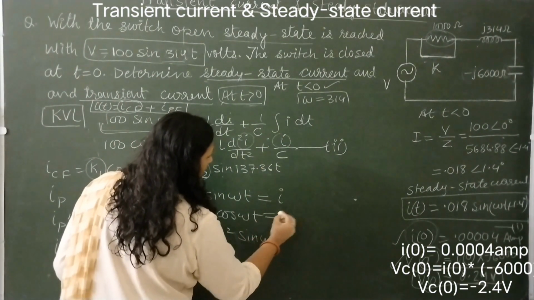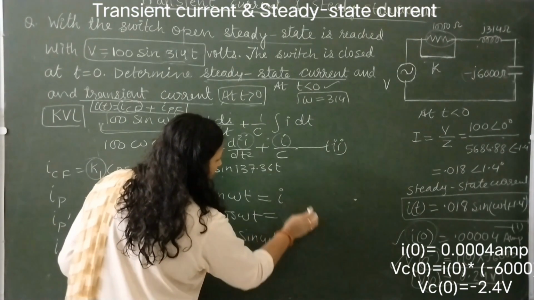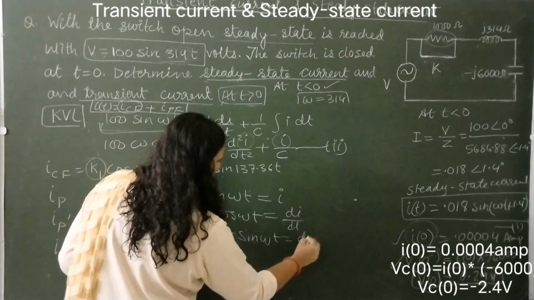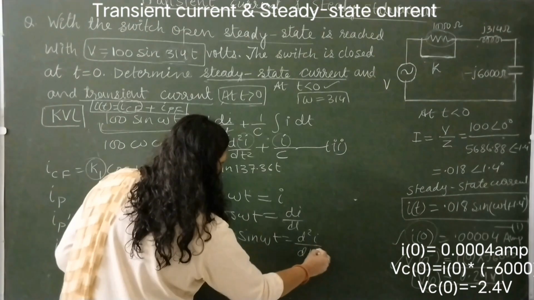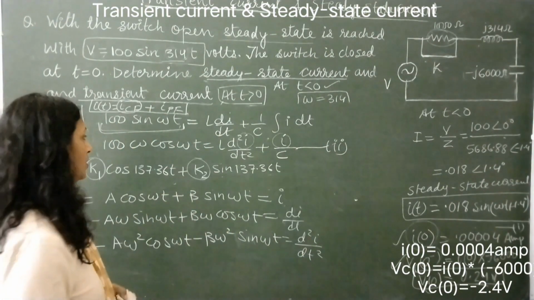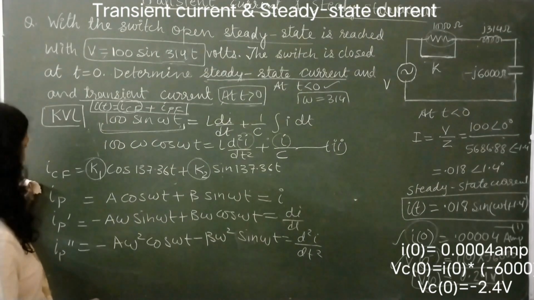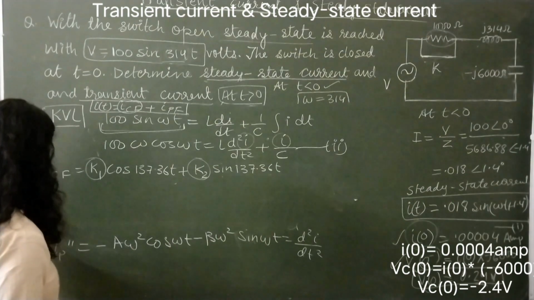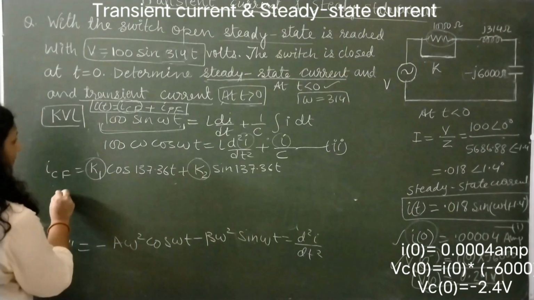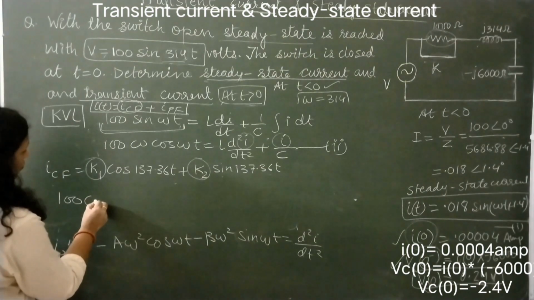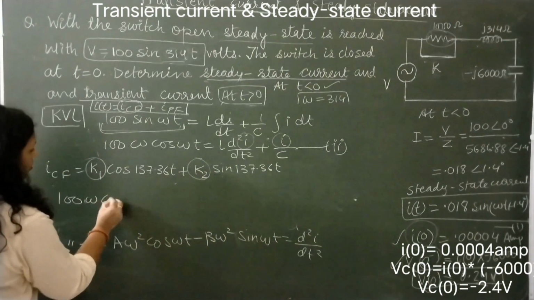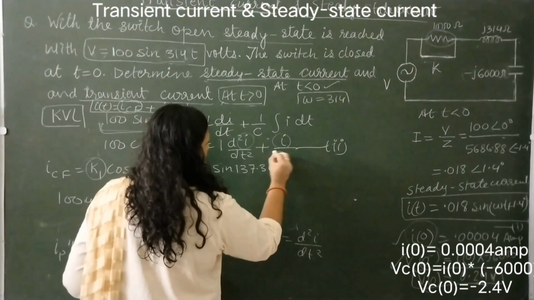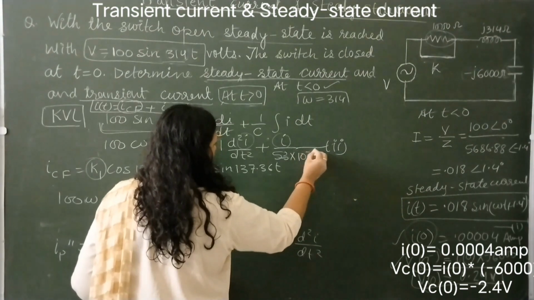इसको हम क्या लिख लें, ये I है हमारा, ये हमारा I डैश है, दैट मीन्स डी आई बाय डी टी है, और ये है हमारा डी टू आई बाय डी टी स्क्वायर। इनकी जगह पे हम इनको सब्स्टिट्यूट करेंगे इन दिस इक्वेशन। तो यहाँ पे जब हम सब्स्टिट्यूट करेंगे तो हम आईसीएफ को छोड़ देते हैं, और इनको जब यहाँ से सब्स्टिट्यूट करेंगे तो ये हो जाएगा 100 ओमेगा कॉस ओमेगा टी इज इक्वल टू एल कितना है 1, ओके, और सी कितना है 53 माइक्रो फैरेड।